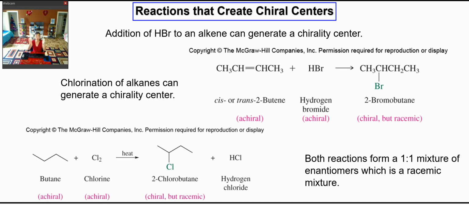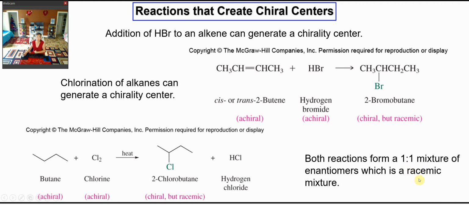R and S configuration, again, they both have 50%. Therefore, in your product, you are going to produce a mixture. This mixture is composed of 50% of R configuration and another 50% of S configuration. You consider the 1-to-1 mixture of two enantiomers will be produced. Therefore, the whole mixture is a